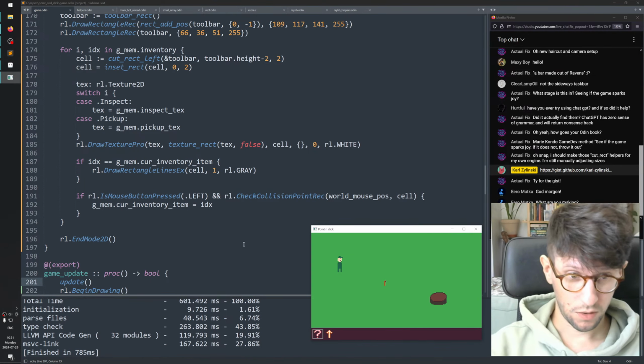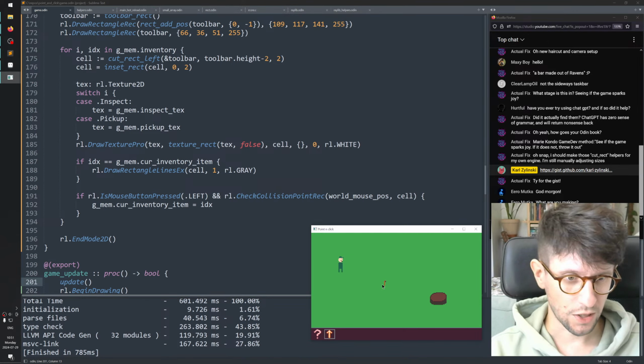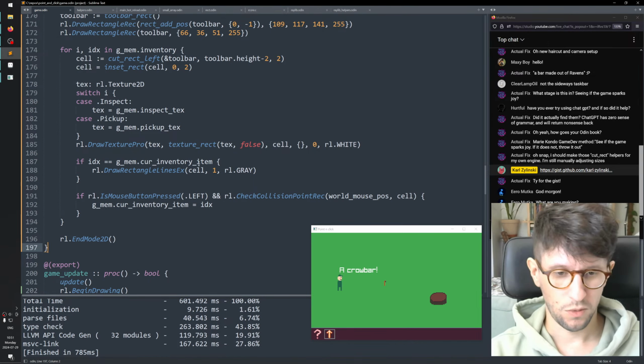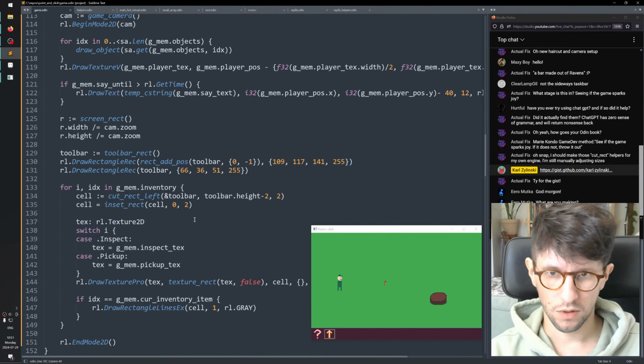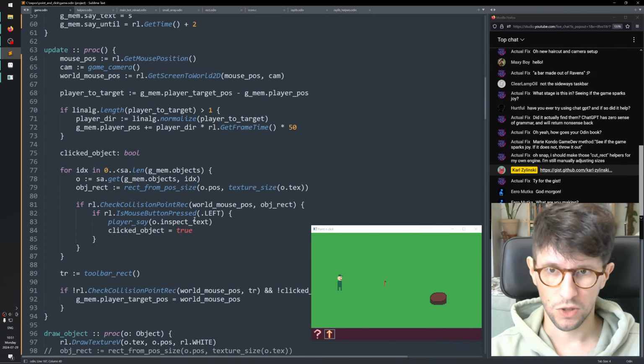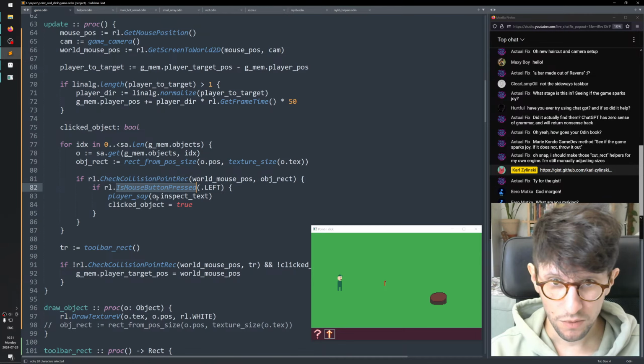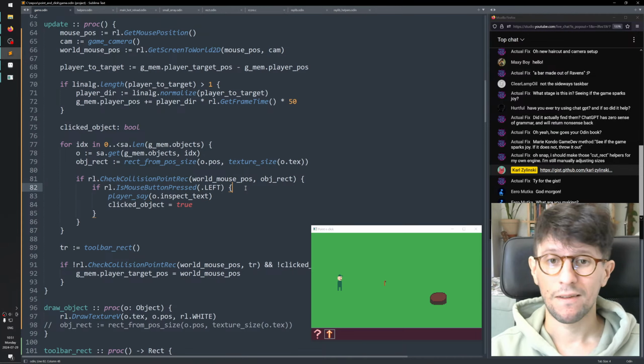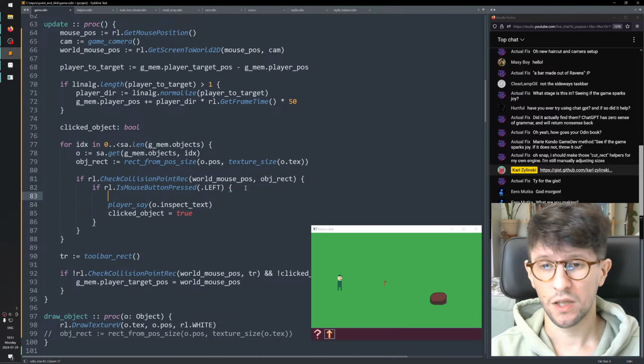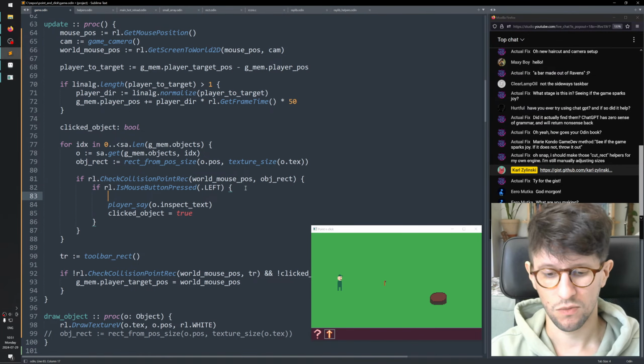So now if you switch to this, it doesn't do anything yet. It will still say a crowbar when you go and do like that. So we need to act on which, when you click on something, here we go over all objects. We get the object rectangle, we check collision point rec, mouse position, mouse button pressed left, player say. Right. So here we write something like